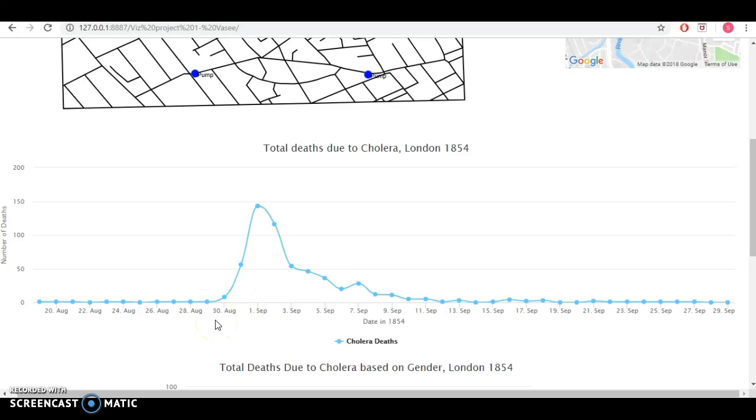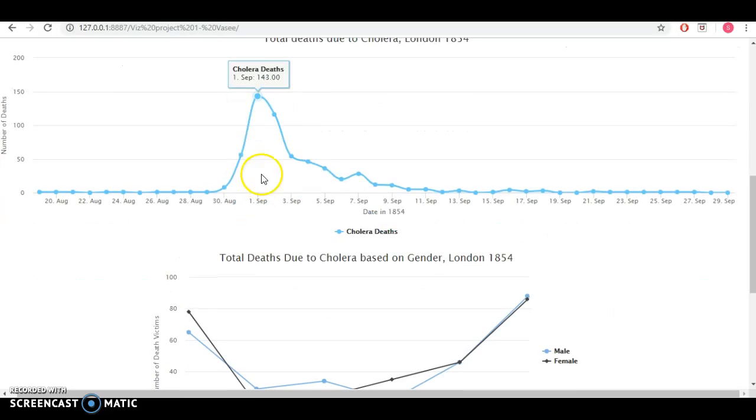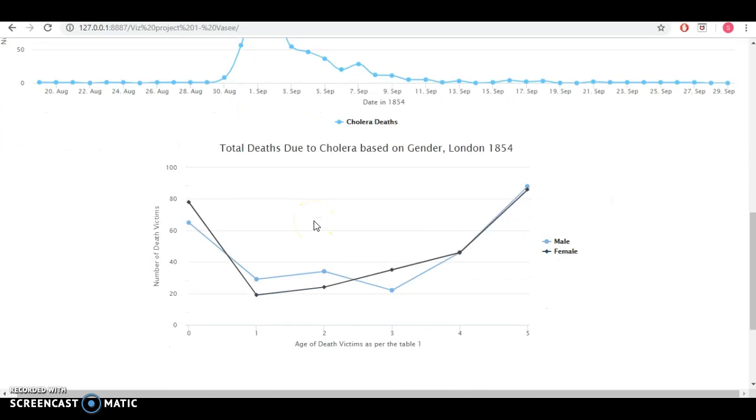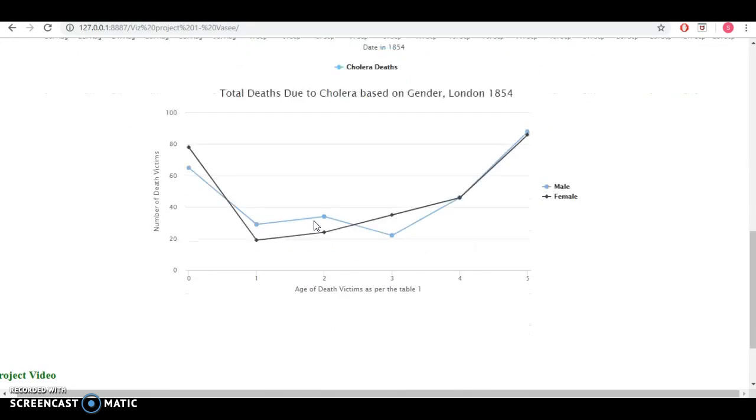As we can infer from this graph, from 30 August to 9th September, there was a huge increase in deaths. After the 11th, there was a decrease, and most of the deaths happened within these 9 to 10 days of the period. And to give more insight about the situation of cholera in London, I have one more graph